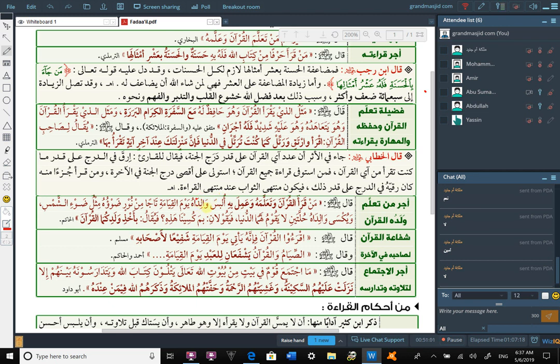Walidahu, his parents will be made to wear. And the noon is missing because we added this ha, if we remember that rule. Whenever you have a dual or a plural which ends in the noon of duality or plurality, then you lose the noon when you connect it to something. Walidahu Yawm al-Qiyamah. His parents will be made to wear, on the Day of Judgment,